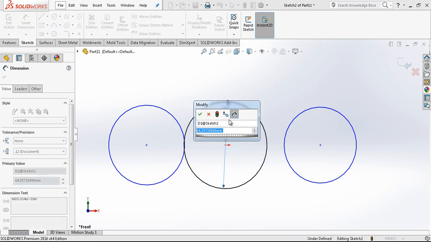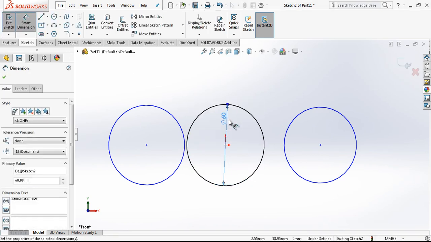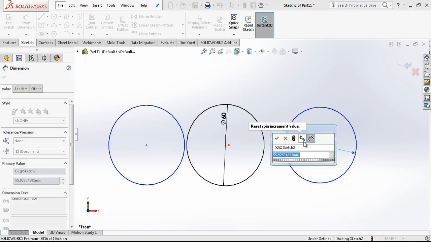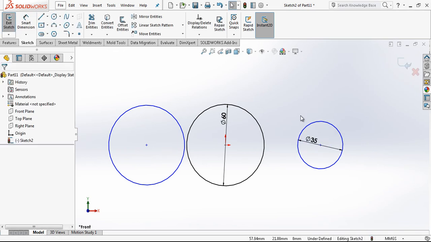I am giving a diameter of 60 millimeter, and this one is going to be, let's say, 35. By defining the relation in SolidWorks,